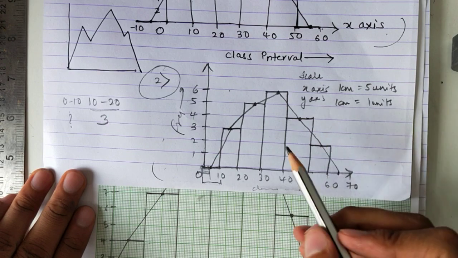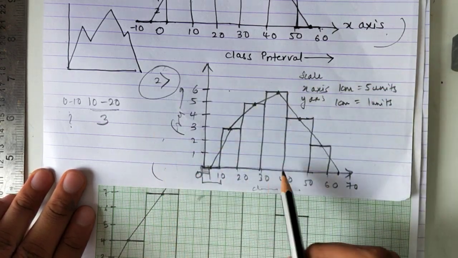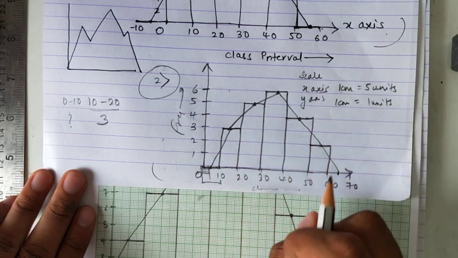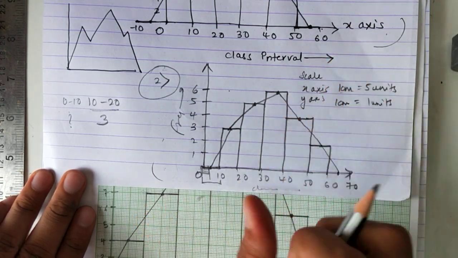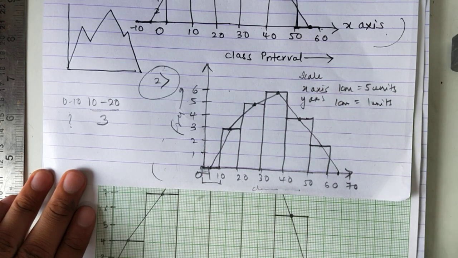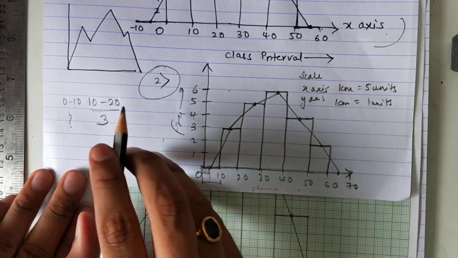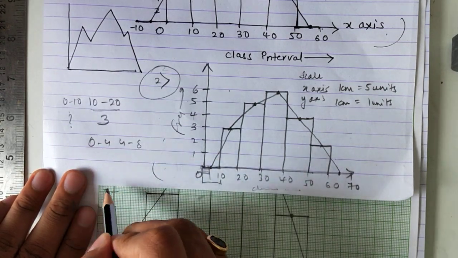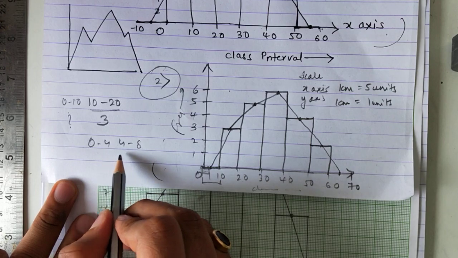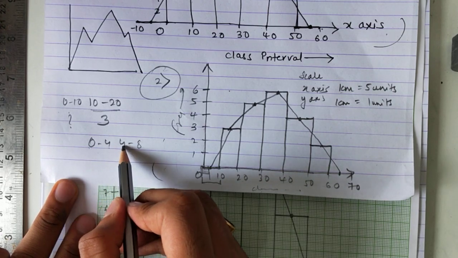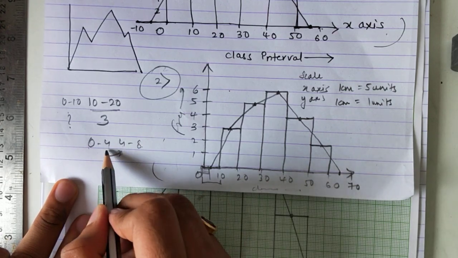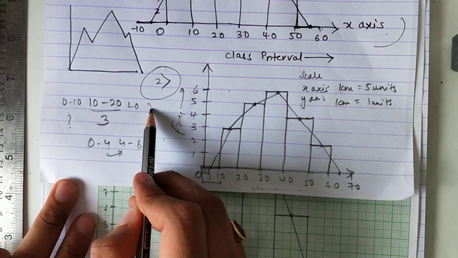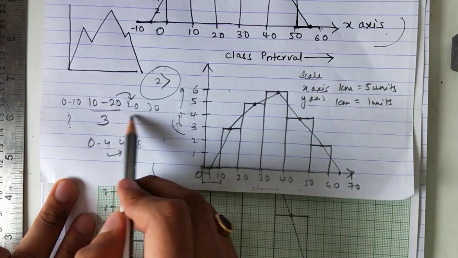Second one, you can pause the video, draw this properly in your graph book, then proceed with question number 3. Question number 3 is important. There are 2 important things in this question. You must remember, in question number 1, which was 0 to 4, 4 to 8, the data is continuous. You see 0 to 4, then 4 to 8, the same number is repeating, means data is continuous. Here also 0 to 10, 10 to 20, 20 to 30, the data is continuous.